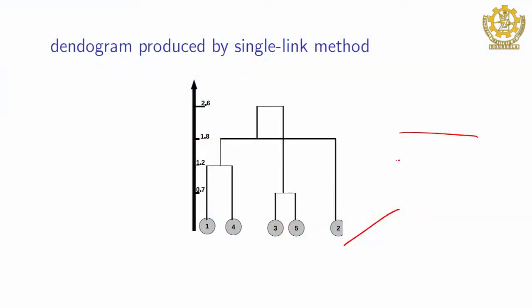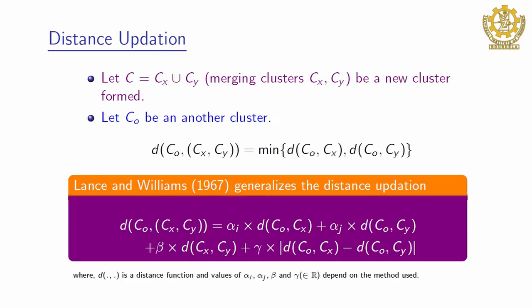In today's class we will see how to update the distance matrix quickly. In the earlier class, for 2 rows we applied the minimum of the distances. Similarly, for the maximum linkage, or the complete linkage, we apply the maximum of the 2 distances. Similarly, for average we need to do some operation, and similarly for Ward's method. So, in 1967 Lance and Williams gave a formula for how to update the distance matrix for this kind of hierarchical clustering approach.